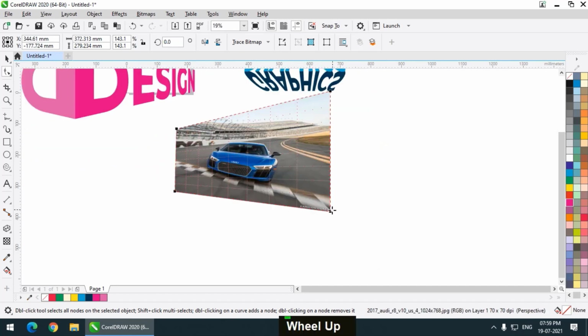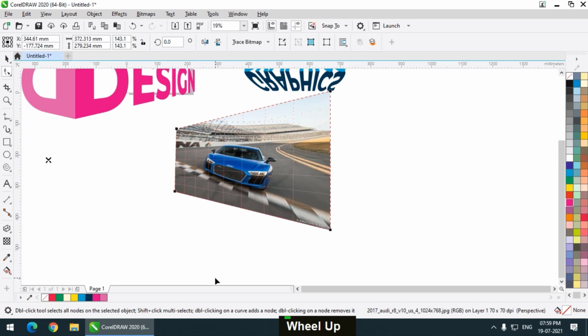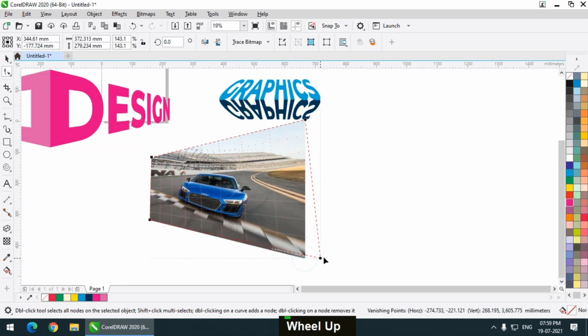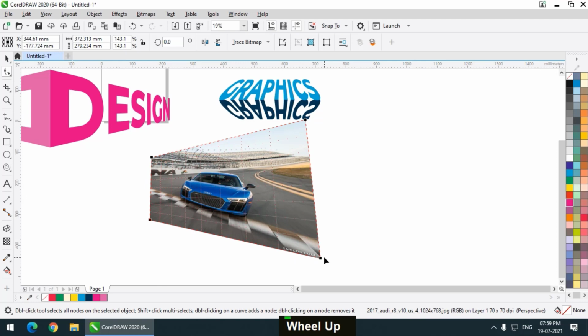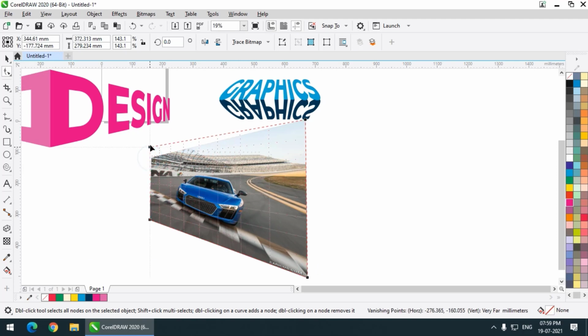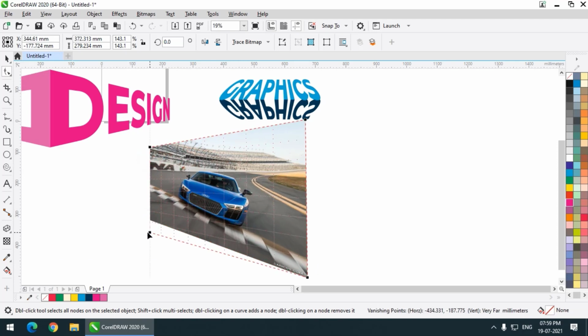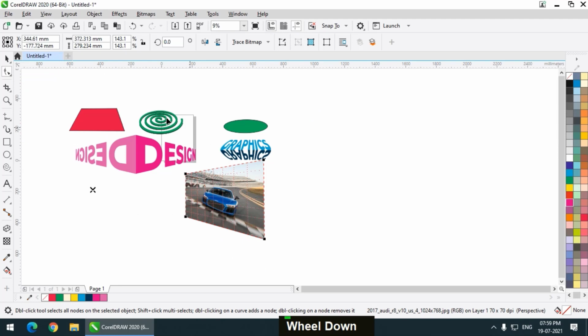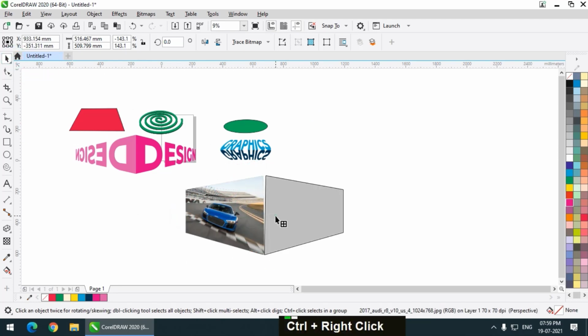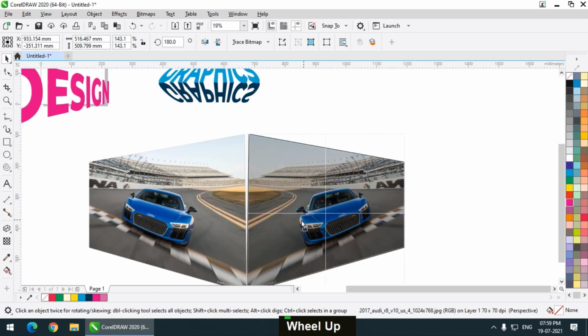So what happens if you don't use any guide or a rectangle? Then it can get messier. Not necessarily. If you do it carefully, then it will be fine, but to be sure, you can use a rectangle as your guide. So like this, maybe a little less. So this is basically a perspective that we have created, and if you want I can press control and put it like this.